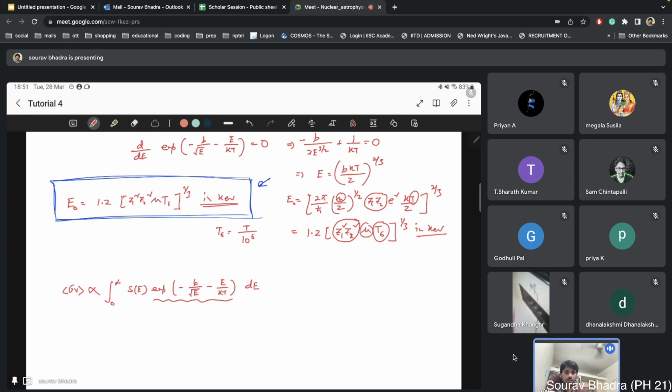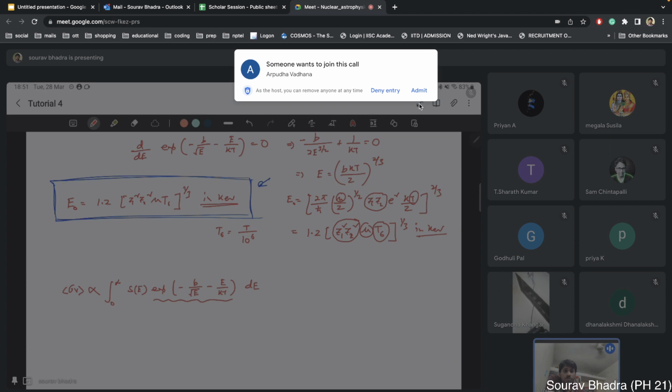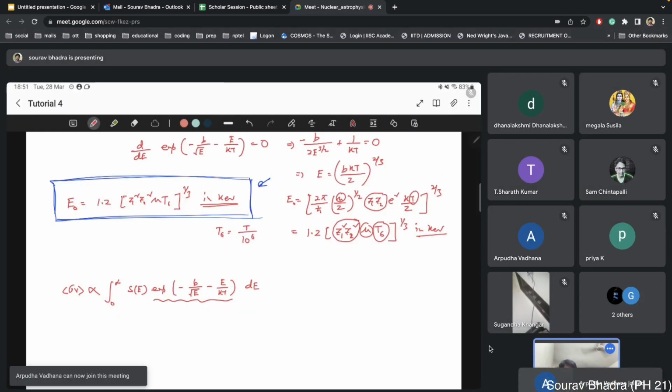So Sugandha Khangar, can you just turn off your video because it is, I mean changing the orientation, and if you can just turn off the video. Okay,